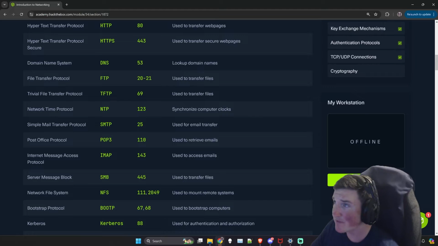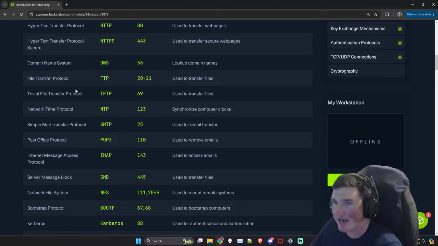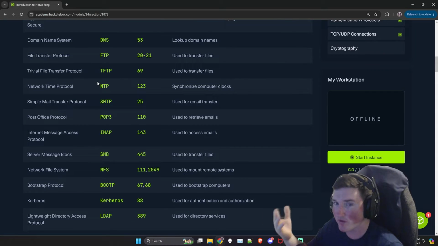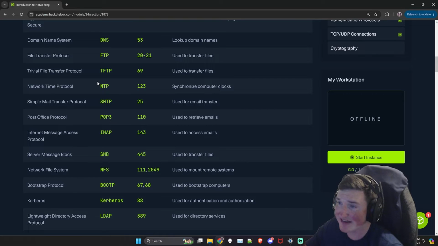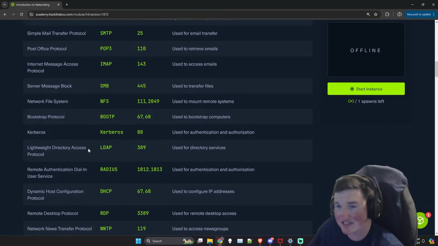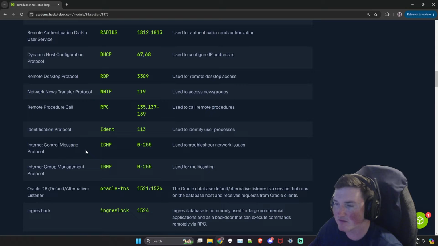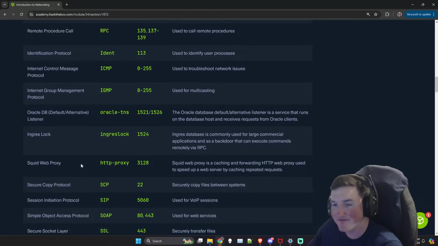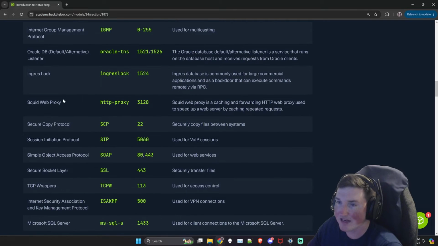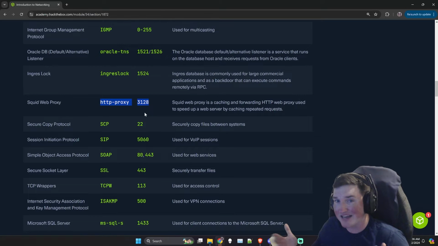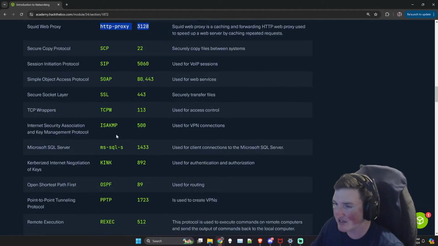DNS, this is where you look up your actual IPs to your names, right? These are all connection oriented because you need to validate the data, right? So these are the protocols that are important for TCP connection because you need to validate the data. Again, Squid Web Proxy, if I'm going to be connecting to a website, right, it doesn't do me any good to have a proxy there if the proxy's dropping packets or missing them, right? So I need it to be connection oriented.